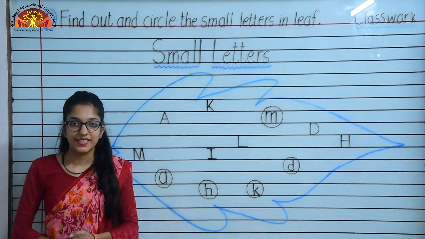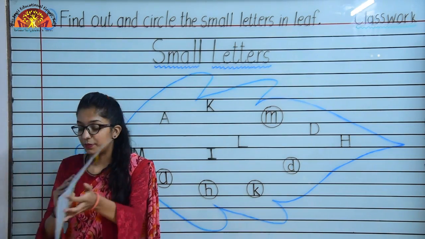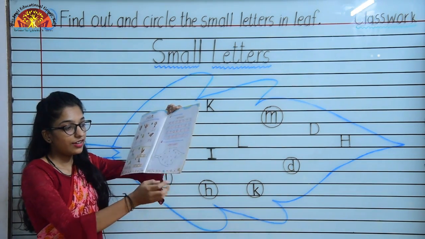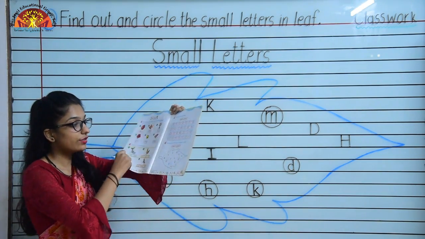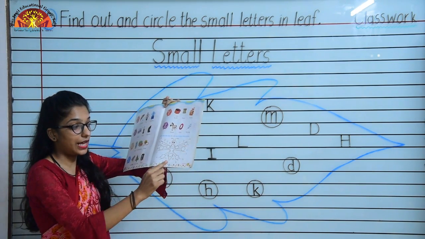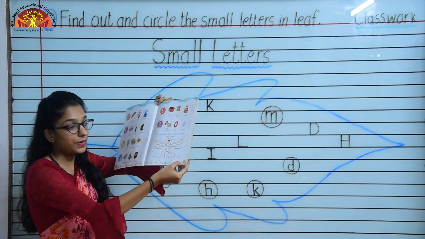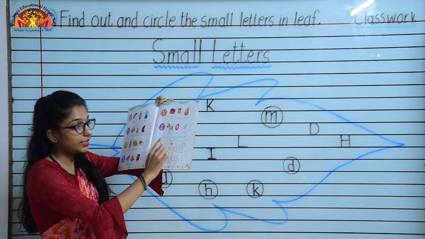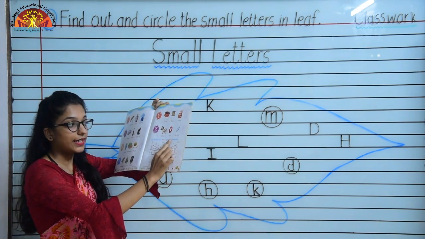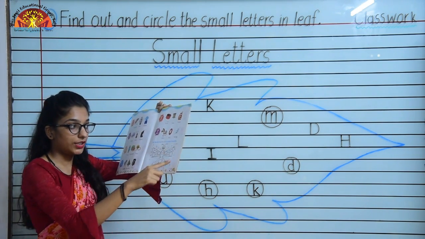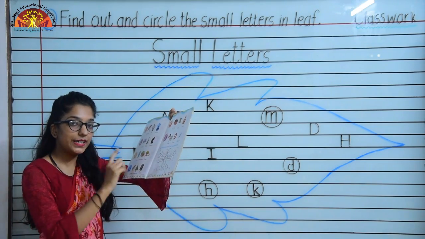Okay kids? So like this kids, you have to complete question number D, okay, of page number 11, and you also have to complete this butterfly, okay, which is given on page number 9. Join the dots from A to Z and color the picture. So you have to join the dots and color the picture properly.